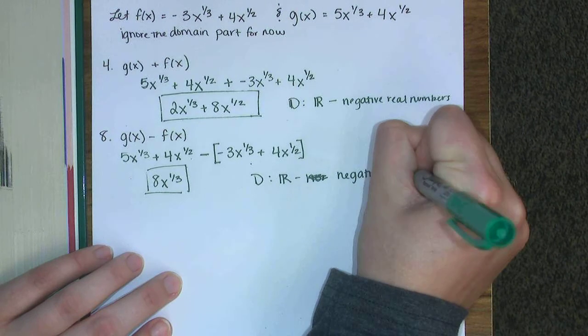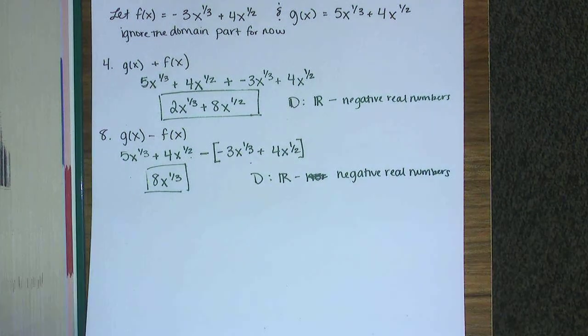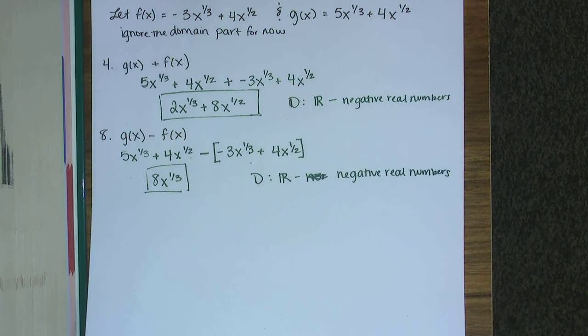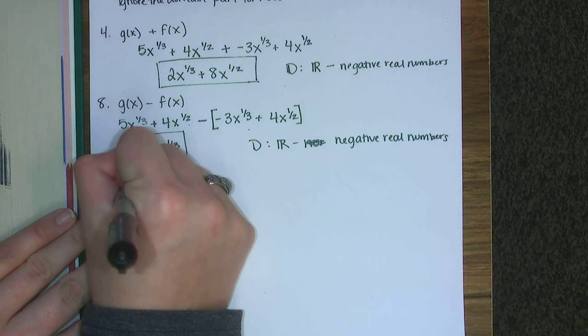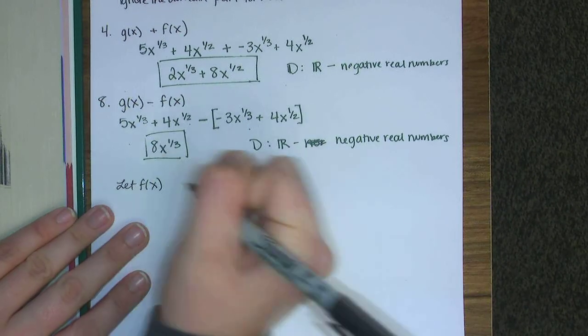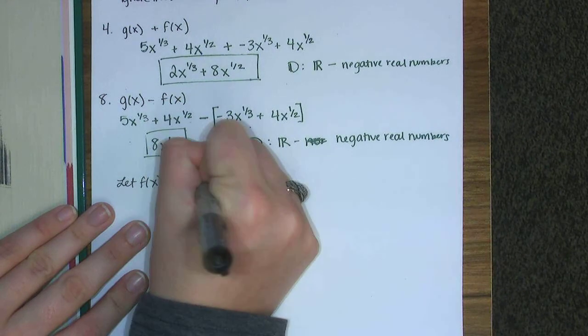So that's that section. Okay, moving down to 12 through 19. These ones are multiplying and dividing. So with these ones, we're told to let f of x be equal to 4x to the 2/3 and g of x is equal to 5x to the 1/2. Okay, so with these problems, we have stuff like